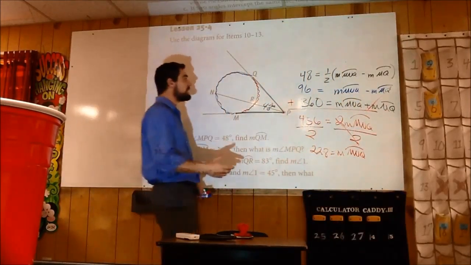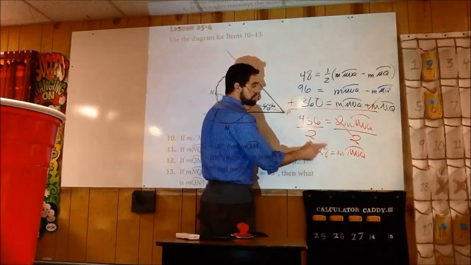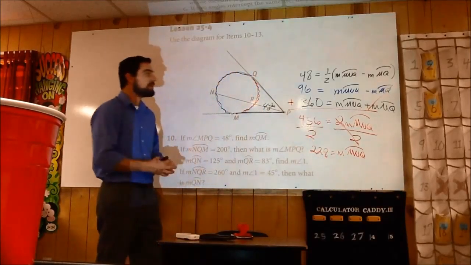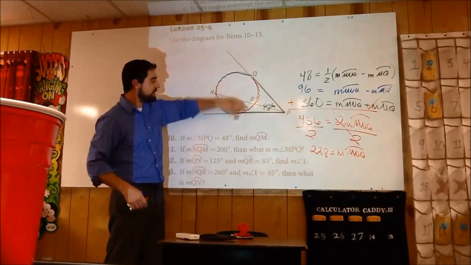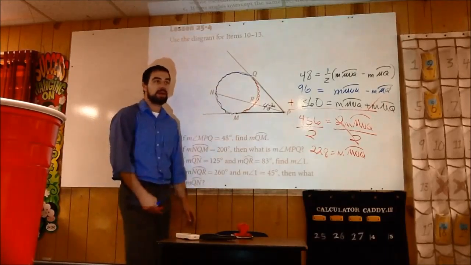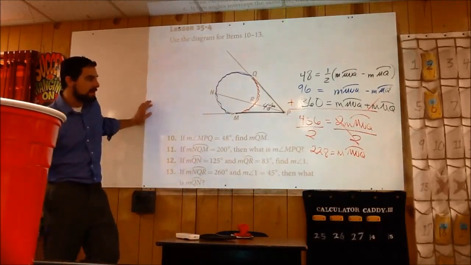So when you find the measure of the major arc MNQ, then you can plug it back in and you will be able to find what you're looking for, which is the measure of minor arc QM, and that is